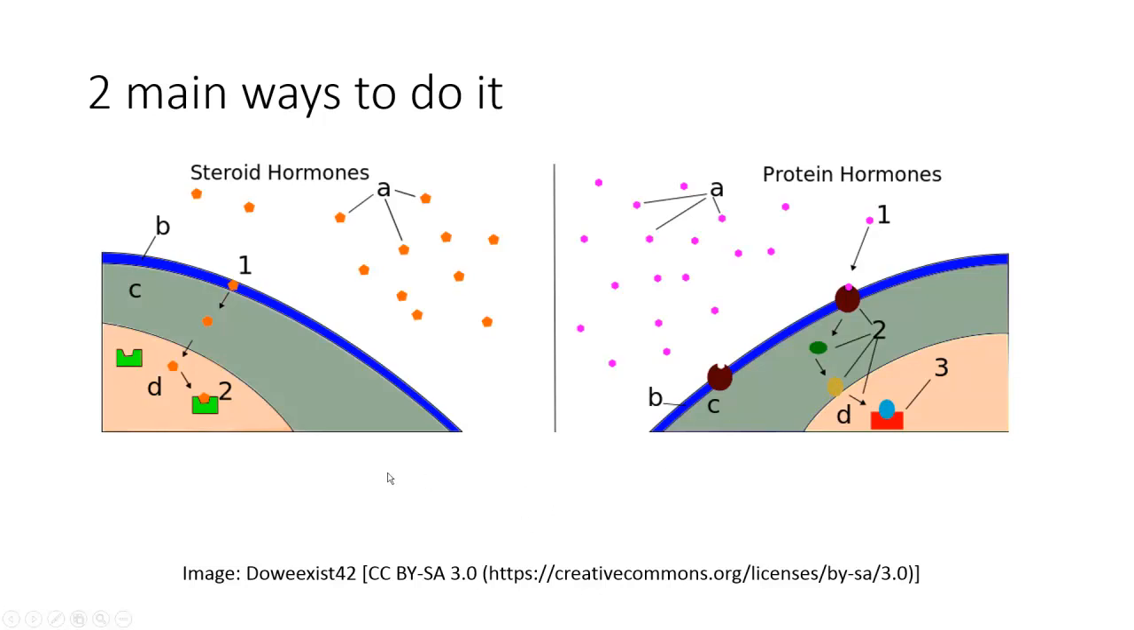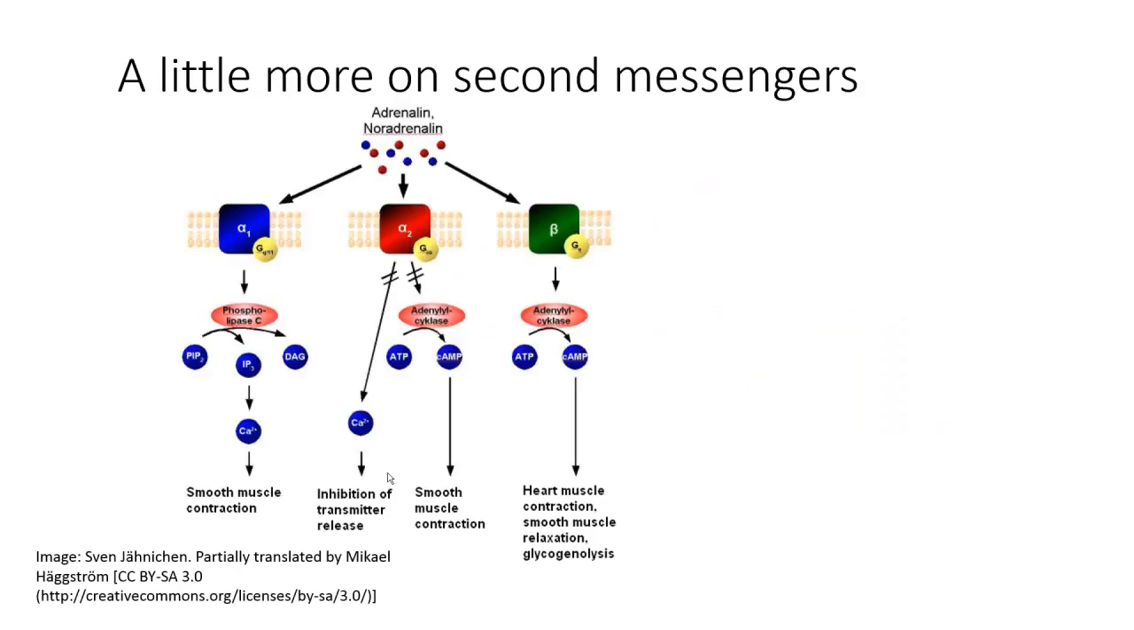So I want to look a little bit more closely at these second messengers and show you an example of how the variety of receptors on the surface of a cell can determine a lot about the physiology of that cell. So let's do a little bit more on second messengers. And for our example, we're going to use adrenergic receptors. So these are receptors for the ligands adrenaline and noradrenaline, or epinephrine and